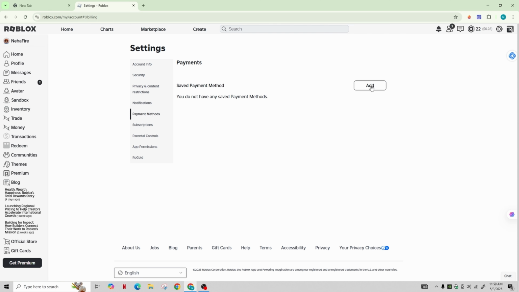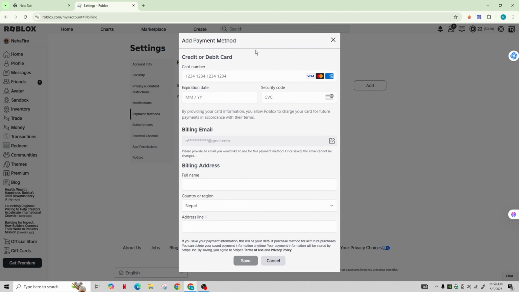Once you do that, you will see a list of accepted credit and debit cards. Enter your card number in the first field, your expiration date, and your CVV code as well. Go ahead and enter your billing address, your full name, your country, your address line, and everything. And after entering all the information, click on Save, which is highlighted in black color in the bottom, and that's